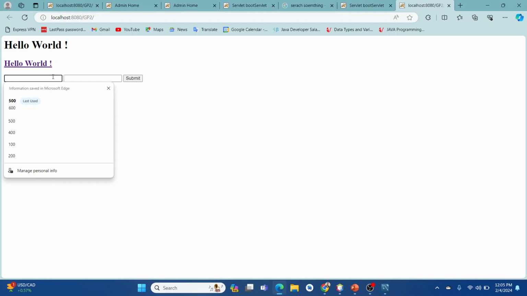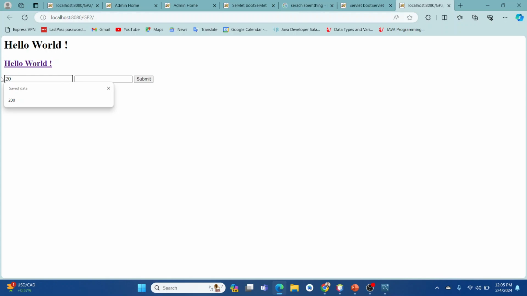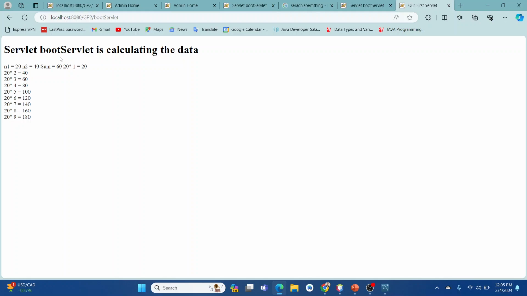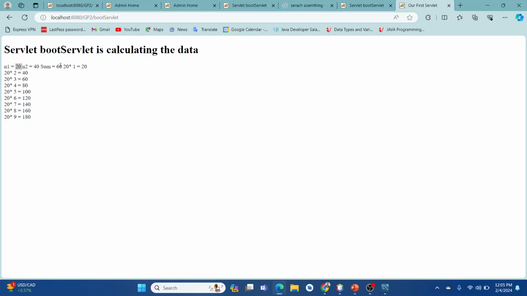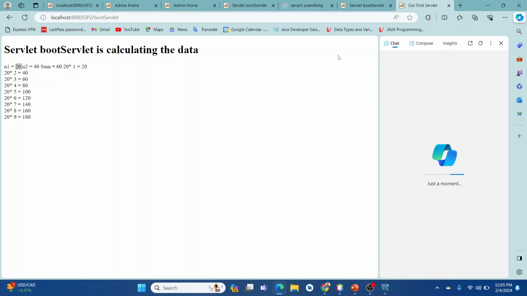So now we will transfer some other numbers, 20 and 40. When we are submitting it, first we have changed our title. The title is our first servlet, and we can change this icon through HTML also. Right now we can see the server, GlassFish, right? Now the data we have written, the servlet is calculating the data: n1 is 20, n2 is 40, and the sum is